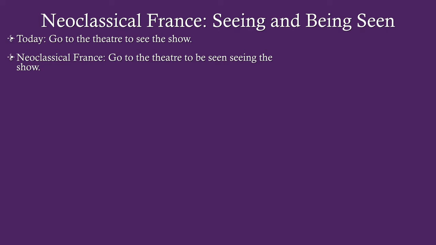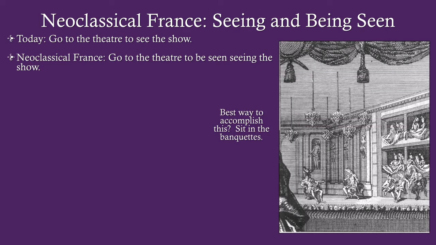So one of the best possible ways as a French noble to accomplish this, sit in the banquettes. The banquettes are seats that we would think of as sort of the opera boxes in contemporary society. Right, if you're looking right off the side in the audience, or more likely, the banquettes are frequently in French noble theaters, they're actually on the stage. So to the right side of this painting, you see 4 little boxes. Those boxes are on the stage. So you can't watch the play without watching the nobles in those boxes.